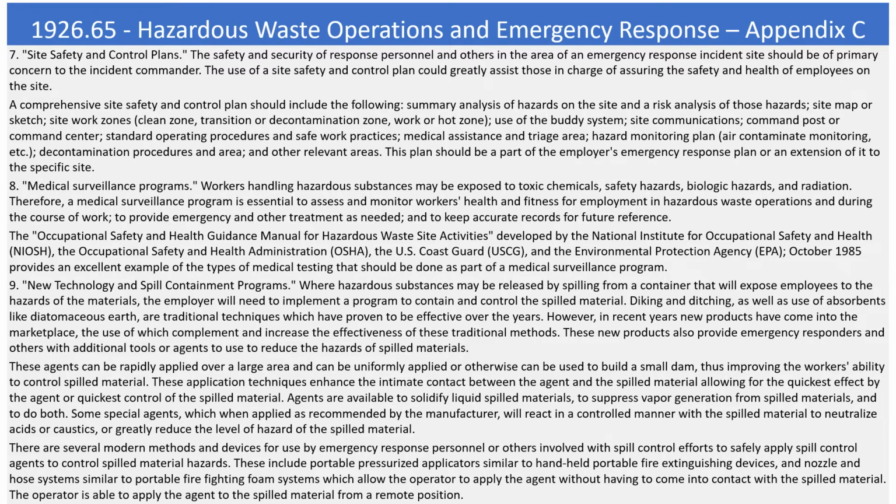8. Medical surveillance programs. Workers handling hazardous substances may be exposed to toxic chemicals, safety hazards, biologic hazards, and radiation. Therefore, a medical surveillance program is essential to assess and monitor workers' health and fitness for employment in hazardous waste operations and during the course of work, to provide emergency and other treatment as needed, and to keep accurate records